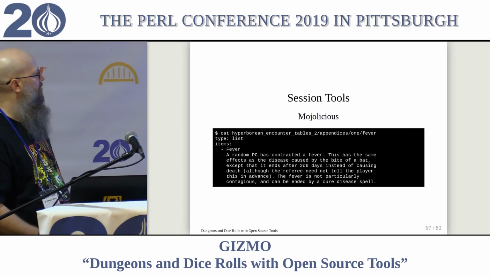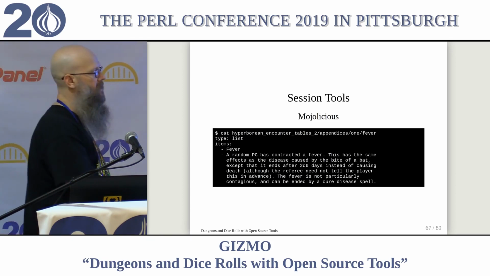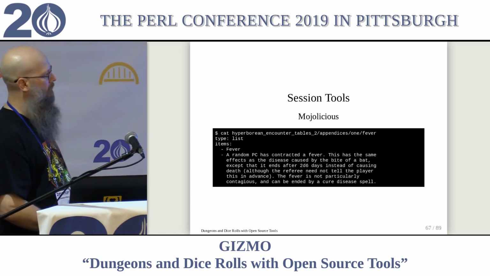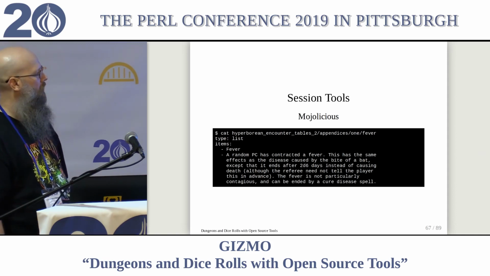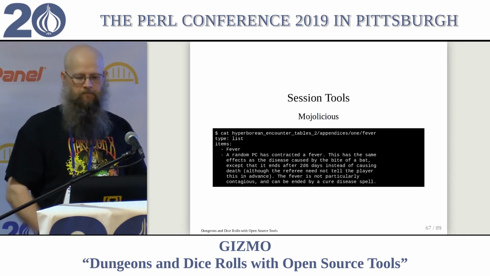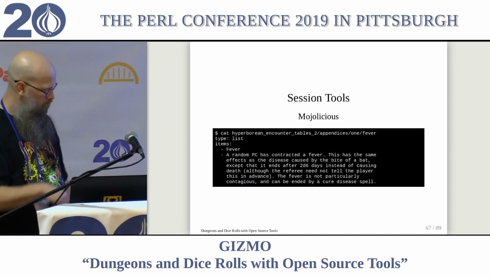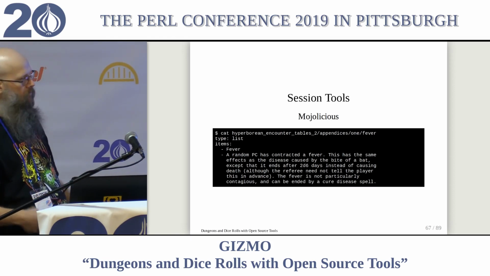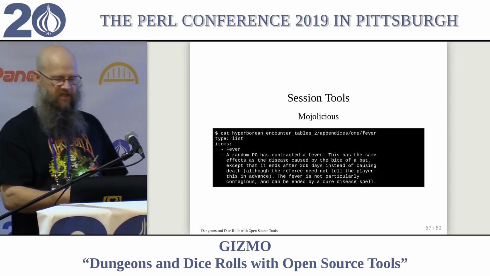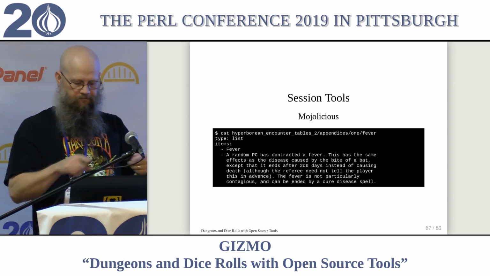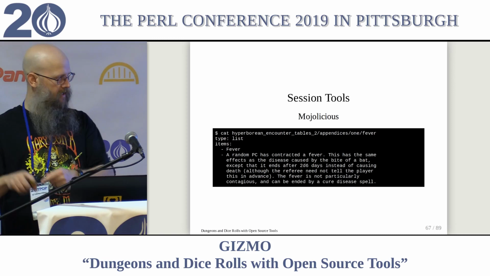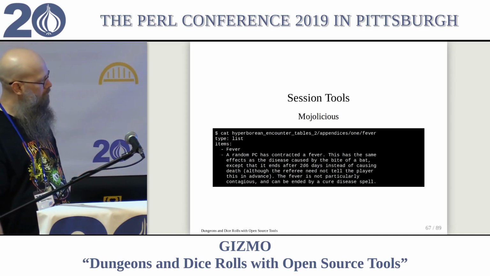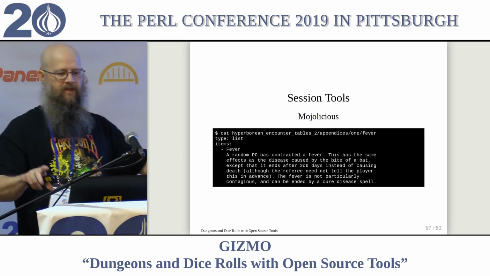In my program, I try to process all these rolls. If I find something that looks like a roll, I'll try and process that. This is a fun exercise because this is what really got me to learn how to create dispatch tables, so I could keep calling the dispatch table as I keep processing tables and tables and tables. So now I have a command line program to do the encounter.